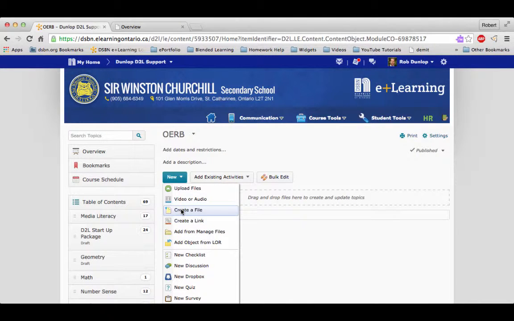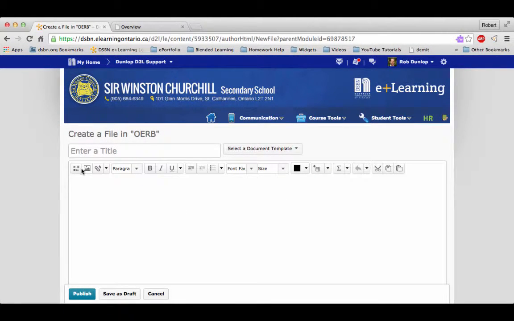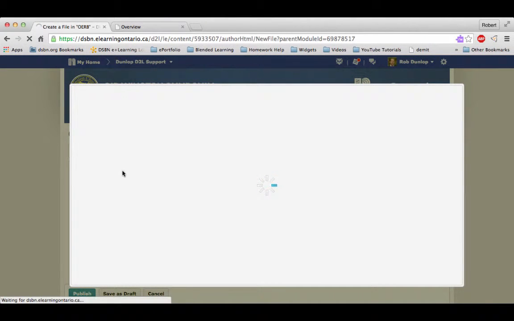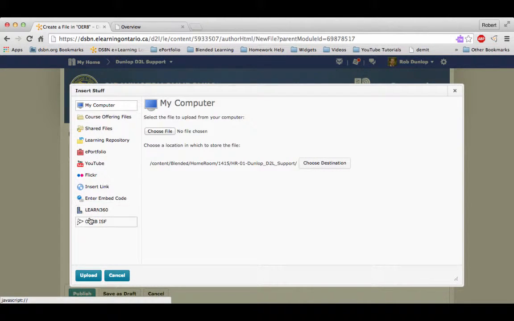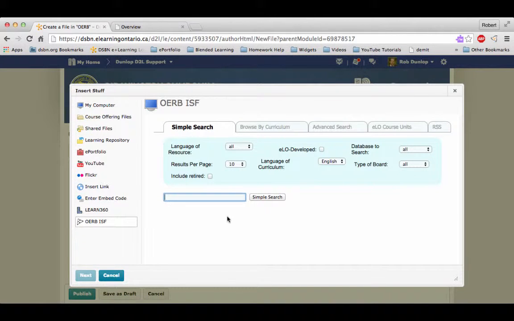Create a file actually gives you the HTML editor, the same one you'd see in insert stuff. So I click on create a file, and you'll see that editor comes up. I can go into insert stuff just like I did in the news. I'll go down to the bottom and click on OERB. Now I can go inside this window and search again. So if I search for, say, something on